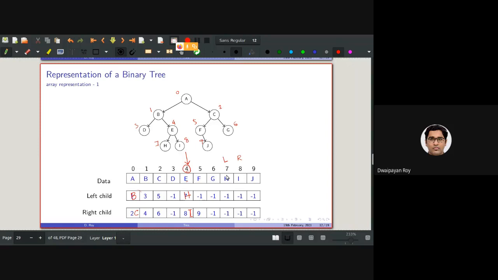Sir, if the data elements are very big in size? Very nice. Then we are storing a lot of data. Absolutely. Index is always smaller in size. Correct, correct. So basically, here I am storing only some alphabets, A, B, C, D, and so on. This data can be a structure as well, which might be storing, say, an array itself. So every node can actually store an array itself.